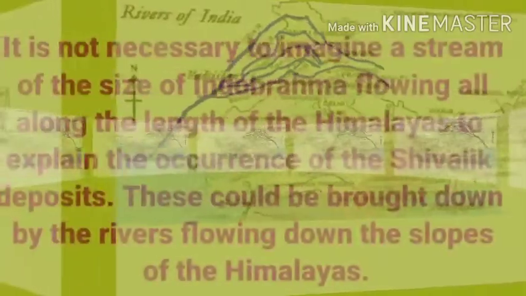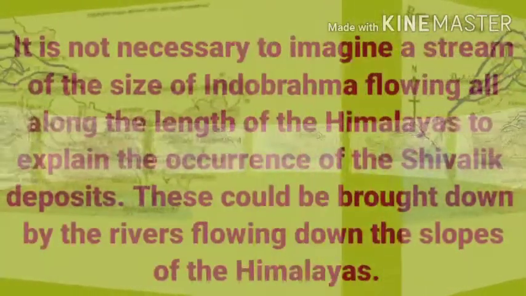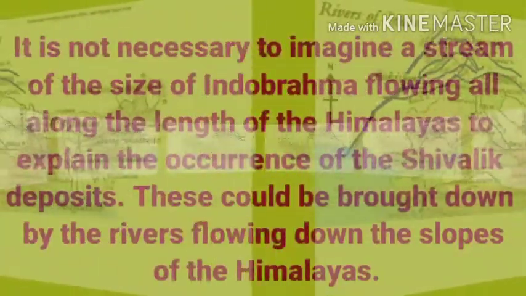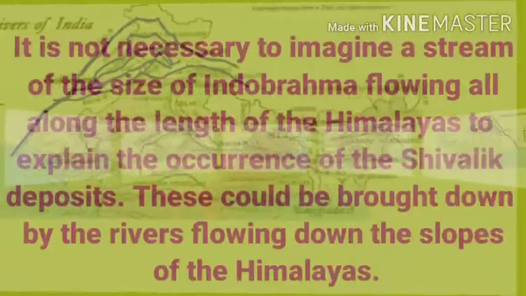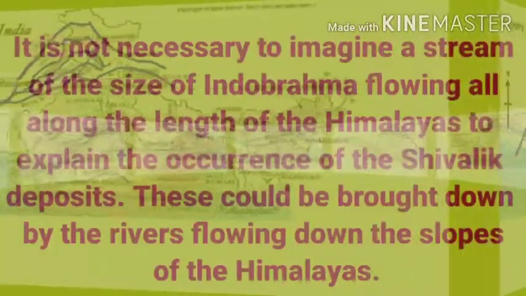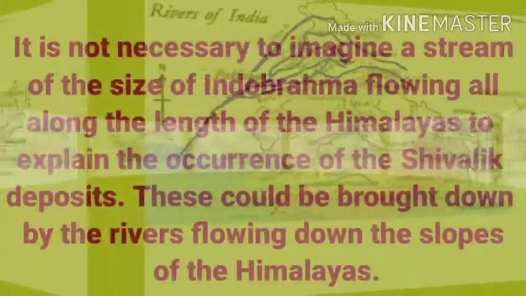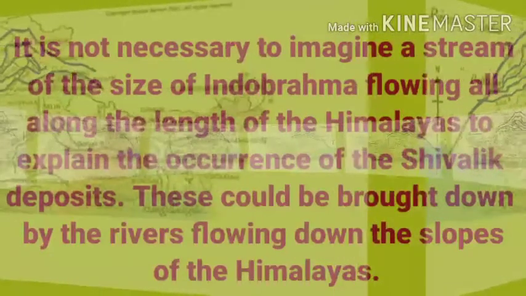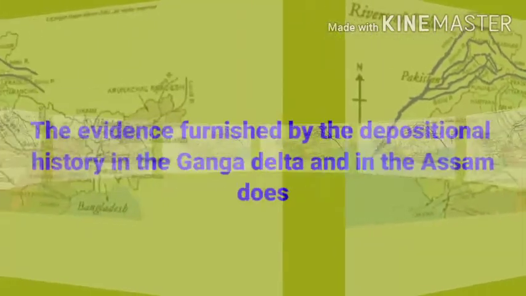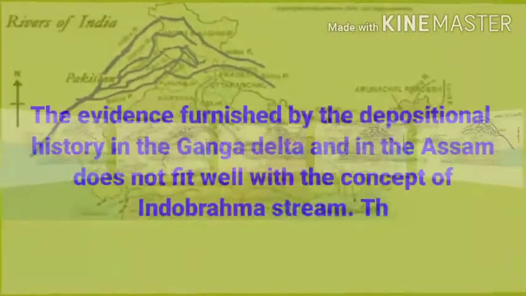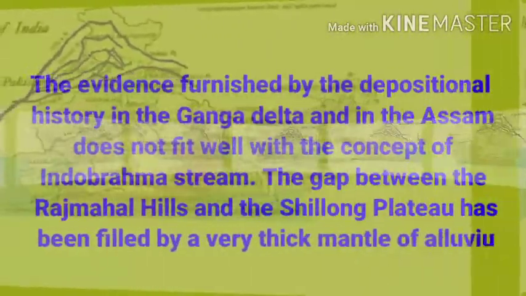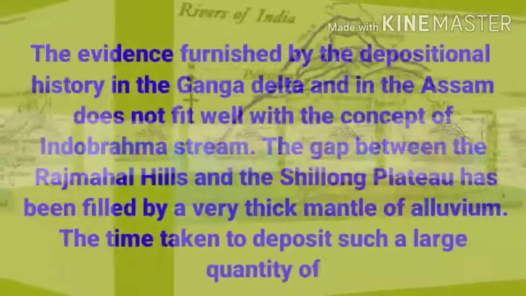But there were a few arguments which were against the theory. The theory of Indo-Brahma has not been accepted universally. It has been challenged on the following grounds. Firstly, the concept of such a mighty river, Indo-Brahma, flowing all along the longitudinal extent of the Himalayas is not possible. The occurrence of Shivalik alluvial deposits might have been formed by successive deposition of alluvial fans by the rivers flowing